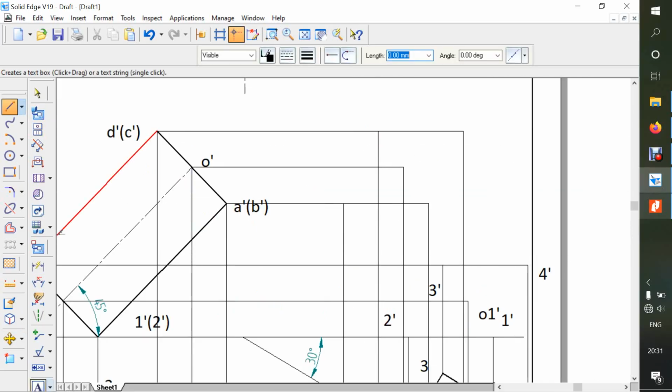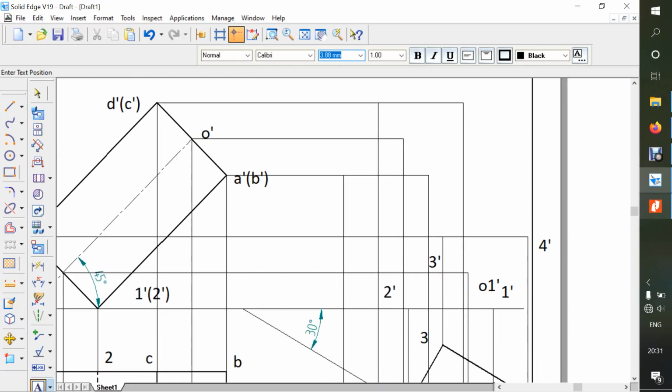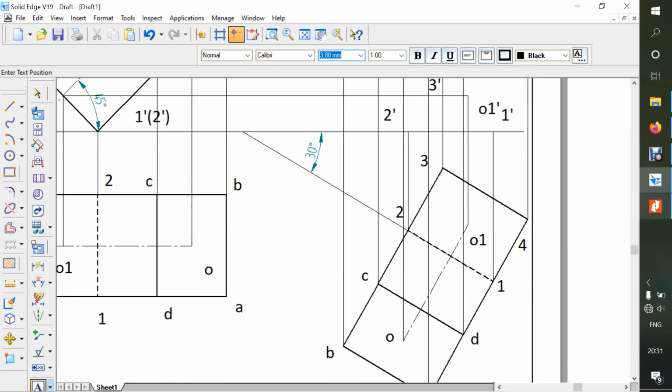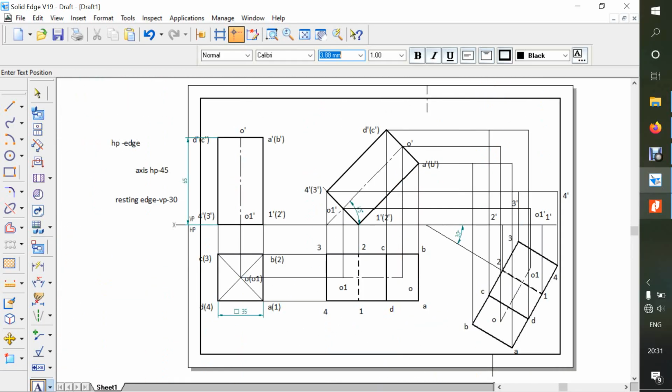Okay, so go to the text, you can see it here. So where is A? A is here. So this is my A dash. Where is B? B is here. So this is my B dash. Where is C? C is here, so this is my C dash, and this is my D dash.